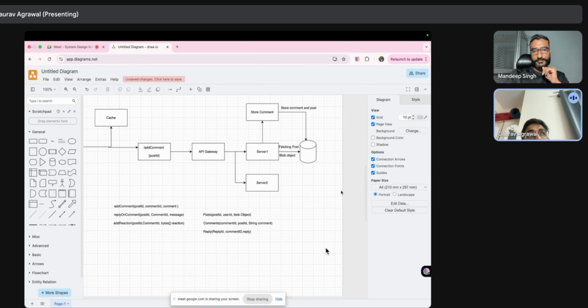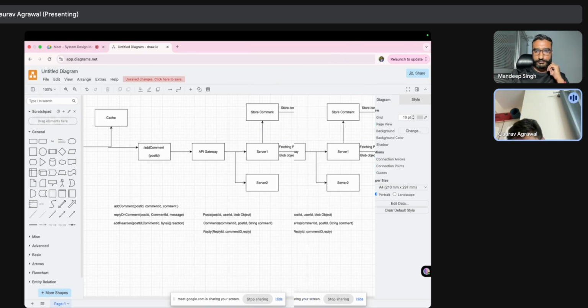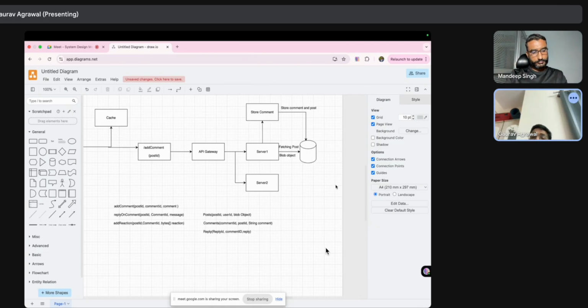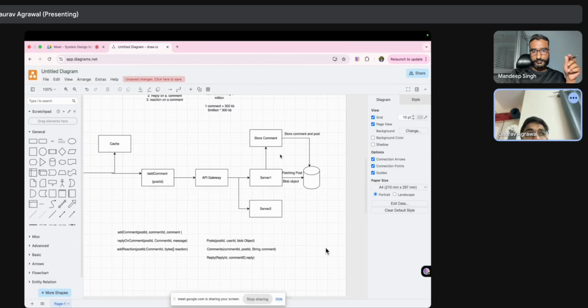Okay. At the server side, I was thinking to use some sort of messaging queue, but it's not our use case, because maybe we want real-time updates of the comments, so that is not going to work in this case, I think.